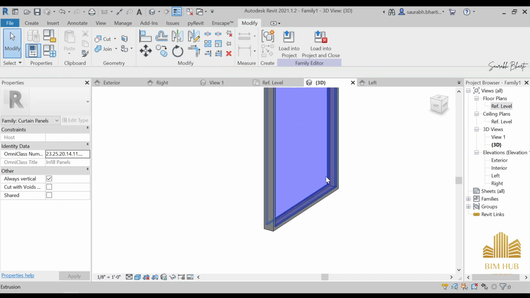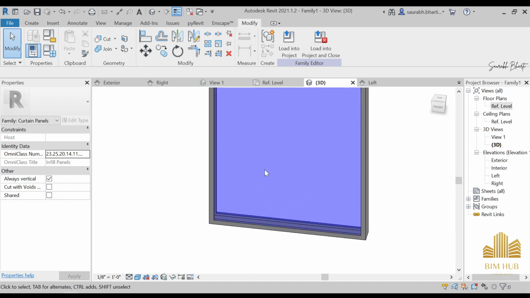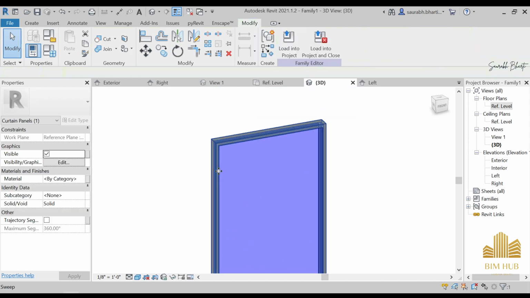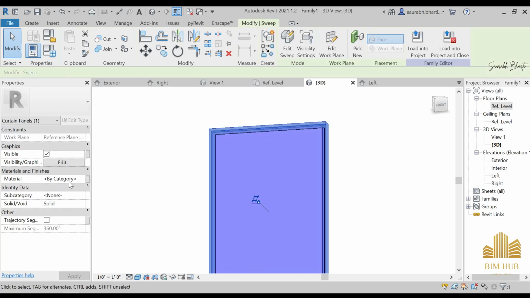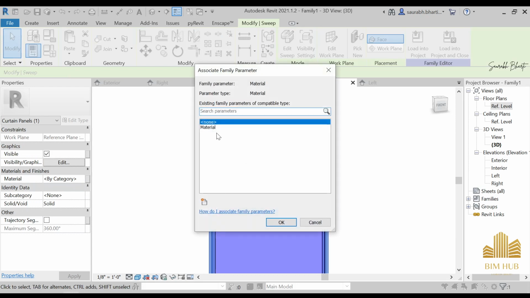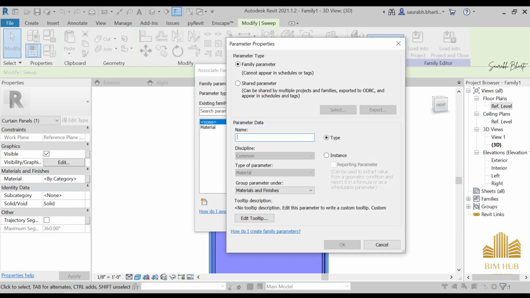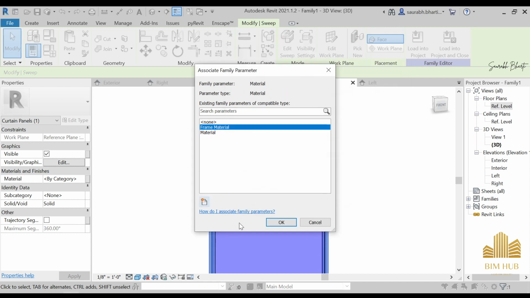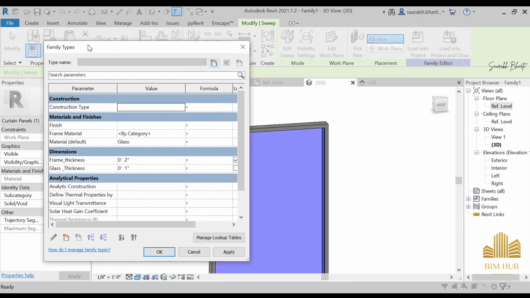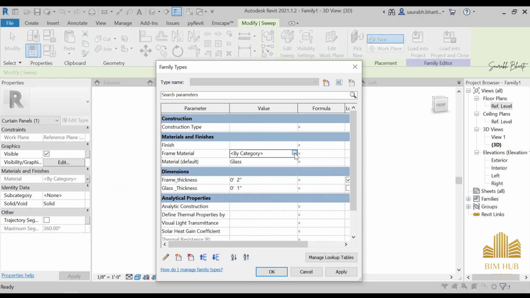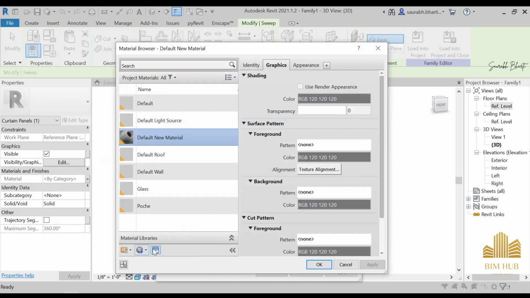So this is our glass panel, and what else we need to do is to provide the material to the frame. So just select this frame, the outside frame, and now you can see that we can either select it directly from here, or you can make an instance parameter. So we can write its name as frame material. Okay, and okay, and then select this, go to this one, that is family types and frame material. Just go to here, create new material, rename it as 1 dot aluminum,